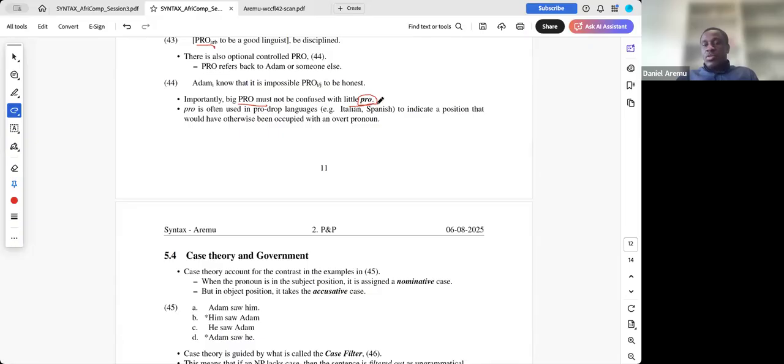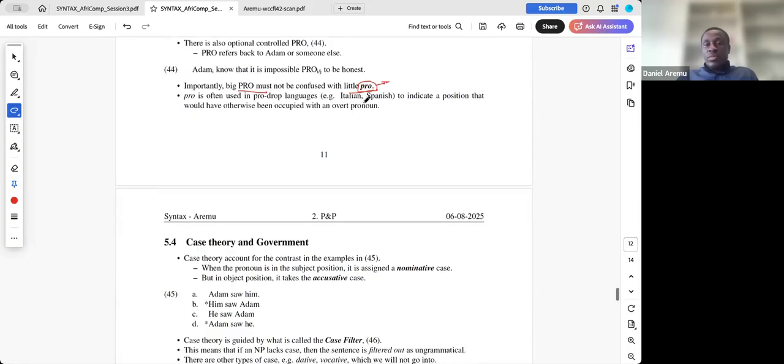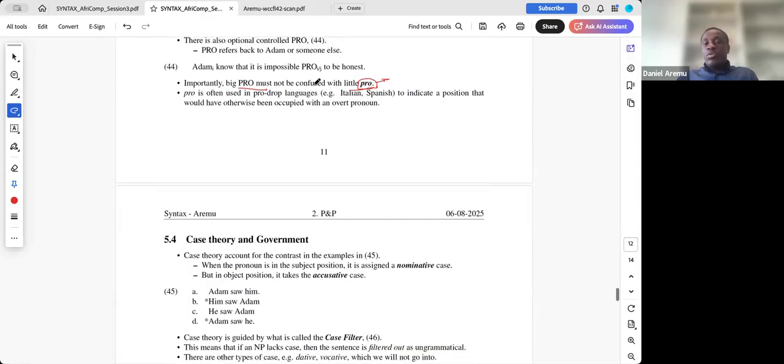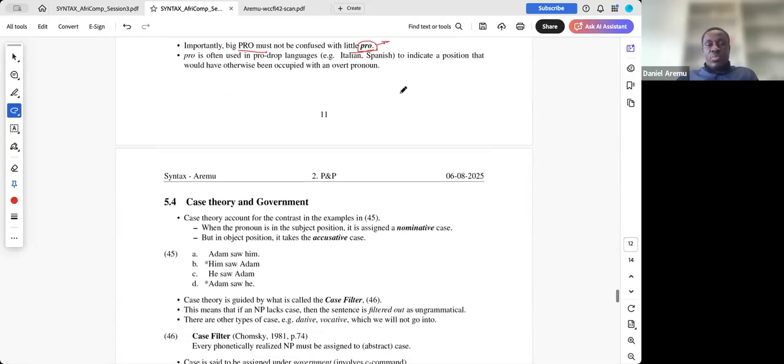The big PRO and the little pro, the pro-drop languages, in fact, they are not controlled. They don't need to be controlled, unlike the big PRO. The big PRO has to be controlled. The little pro does not need to be controlled. So take note. Maybe you might be seeing in the literature big PRO, small pro, and you are like, what's the difference? The difference is that little pro is used for pro-drop languages like Italian and Spanish, where you